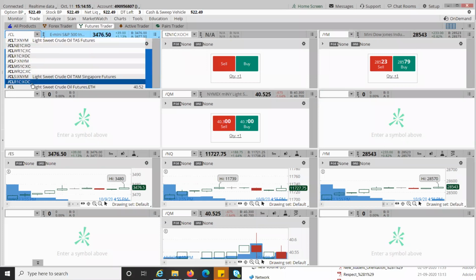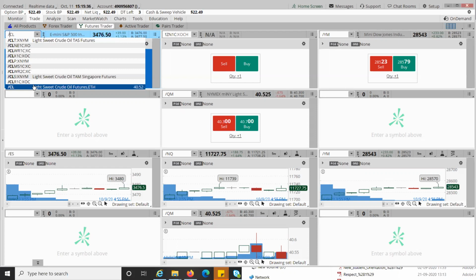And one more thing you need to be mindful of: from the last 1 week until the election days, the overnight margins will be increased. So supposedly you have a lot of futures for $14,000, $15,000. All of a sudden you find that your trade has already been executed by the system. It means that they have increased the margin and your account did not have that margin to cover, and it will automatically execute it.